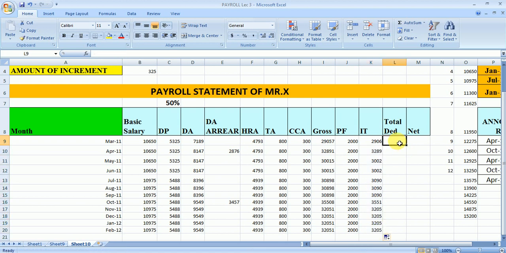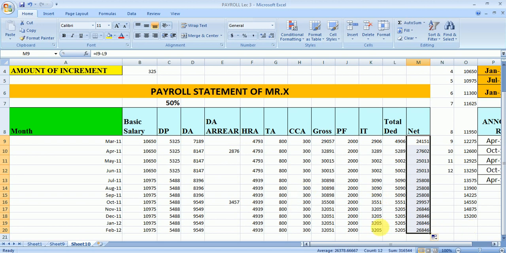Now the total deduction will be equal to this plus this, and enter, and we'll drag it. The net salary will be equal to gross minus total deduction, and we will drag it.